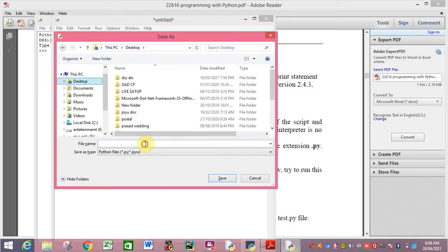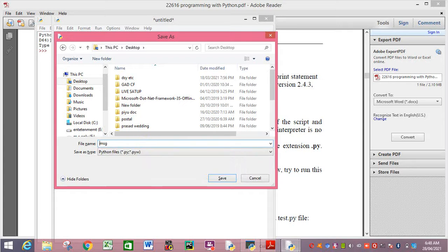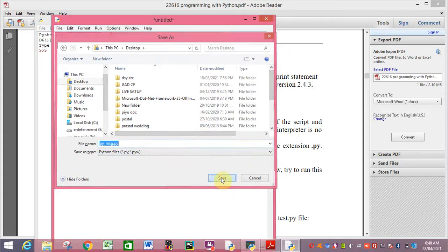Otherwise you can go to the File menu. Suppose I want to save it as py underscore message dot py extension. My location or path is the desktop only. Save.